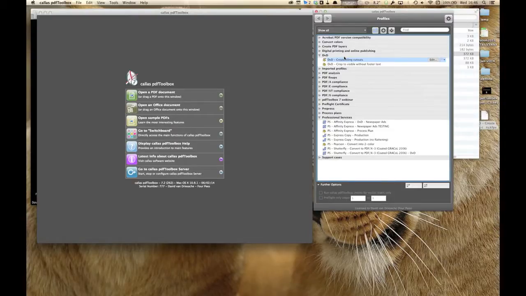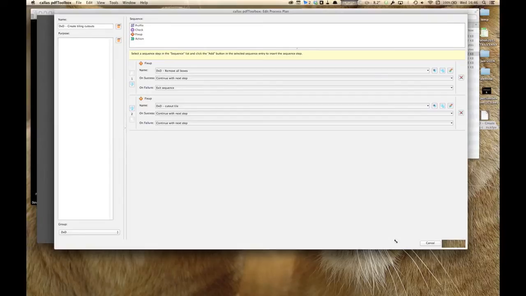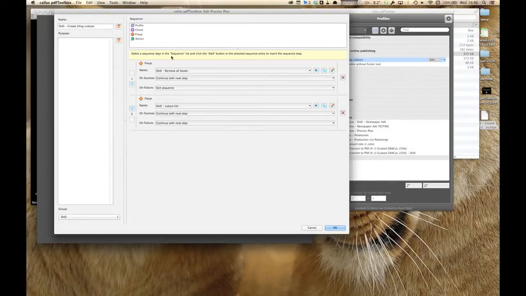And this can very nicely be done through a command line. To show that, I have a process plan here. We go immediately to a process plan. It also works for profiles, but this way you can see that it actually works for process plans as well. And if I go to the edit button in pdfToolbox desktop, that's the same process plan as I showed you